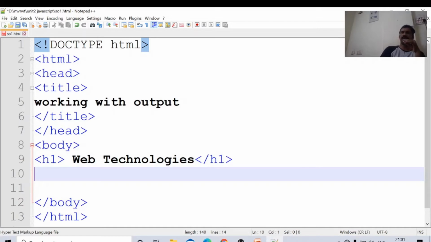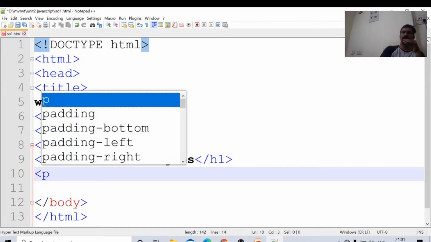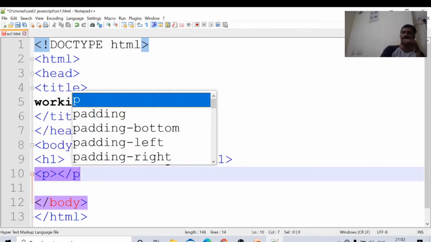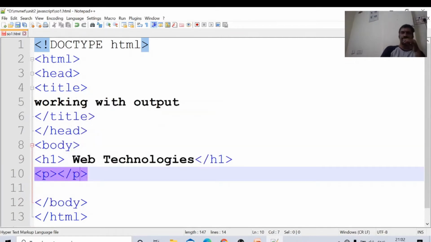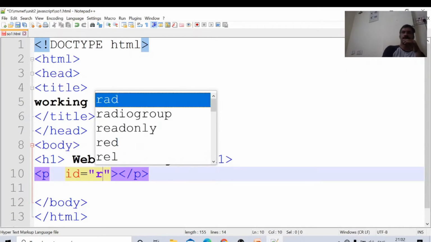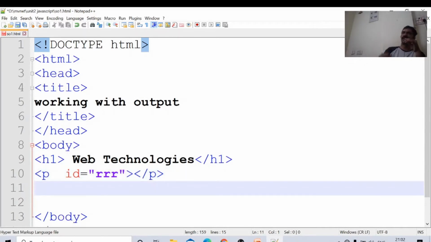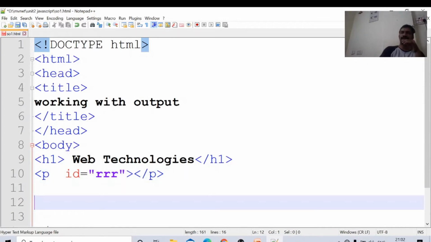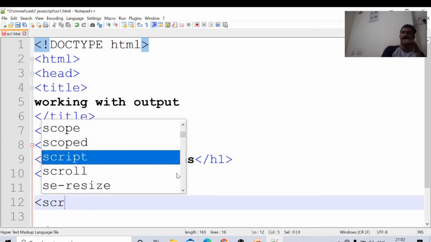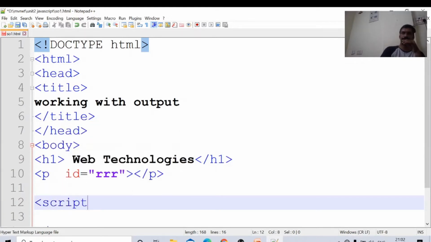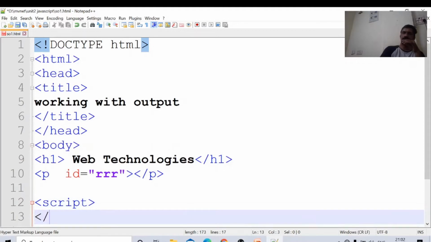Here I am writing one paragraph, p, /p. I am giving one id to this, id equal to RRR, triple R. Now I will write script here, script, /script.